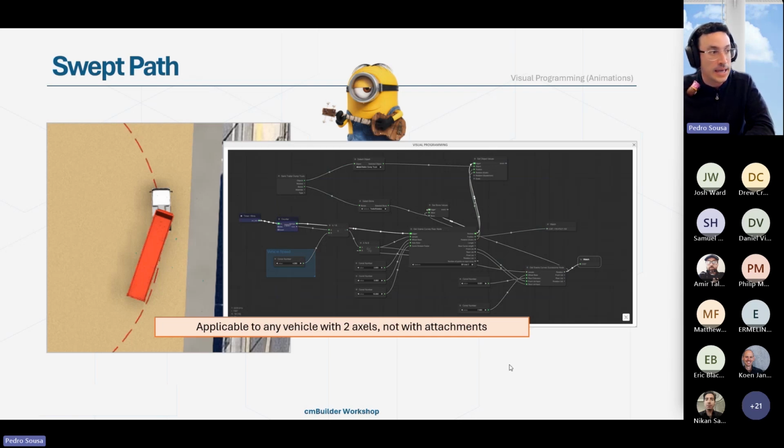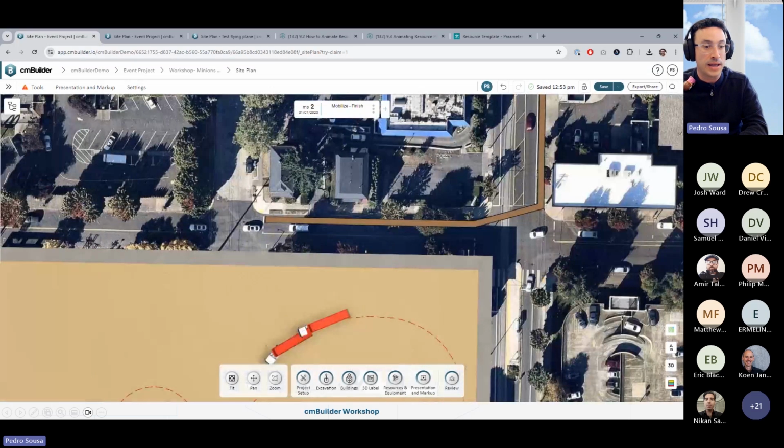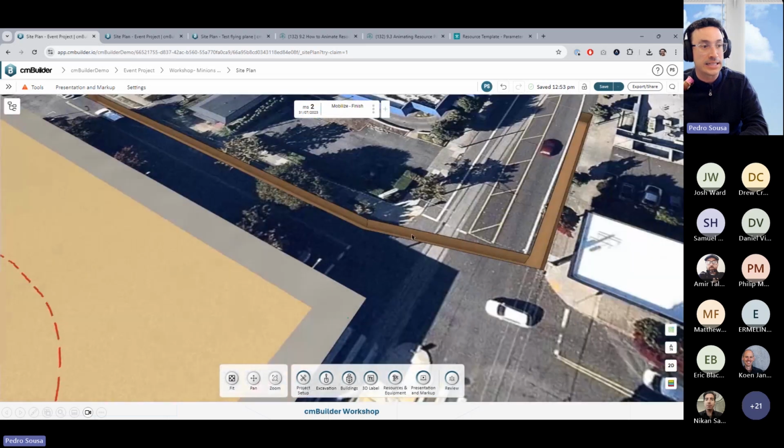The first one is that some people are asking us to add objects to our library referring to pipes. However, the piping configurations in the library are limited. So what I usually suggest for this use case is to use 3D lines to create pipes, right? If I go over here and look at this animation, I can see that I created